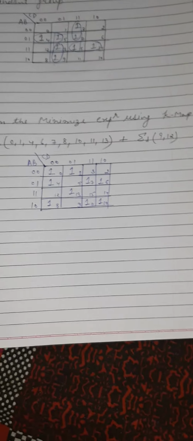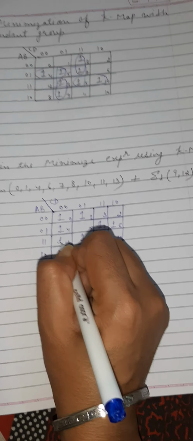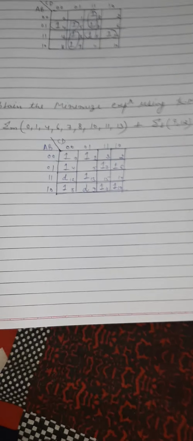And the don't care values are 9 and 12. At 9 we will fill d, and at 12 we will fill d. Now, using these don't cares, if the largest possible group is creating